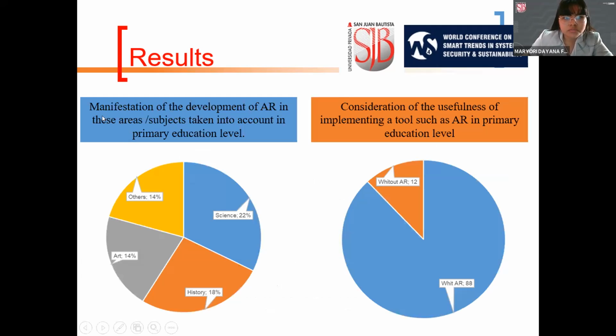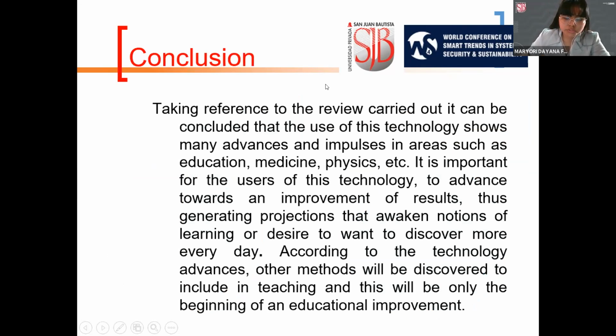Results and graph, manifestation of development of AR in these areas, subjects taken into account in primary education level: others 40%, 14%, history 18%, science 22%. Consideration of the usefulness of implementing a tool such as AR in primary education level: without AR 20%, with AR 18%. Conclusion. Taking reference to the review carried out, it can be concluded that the use of the technologies shows